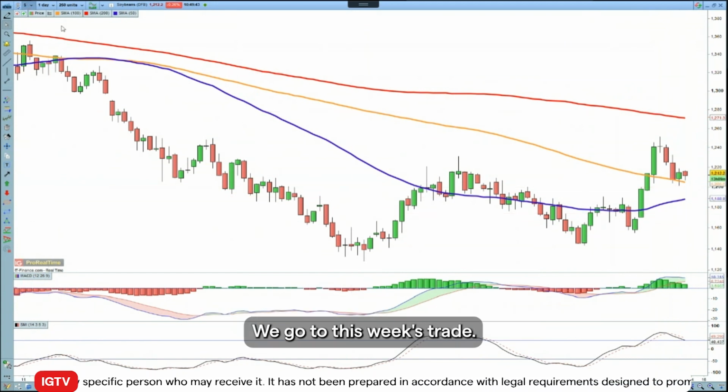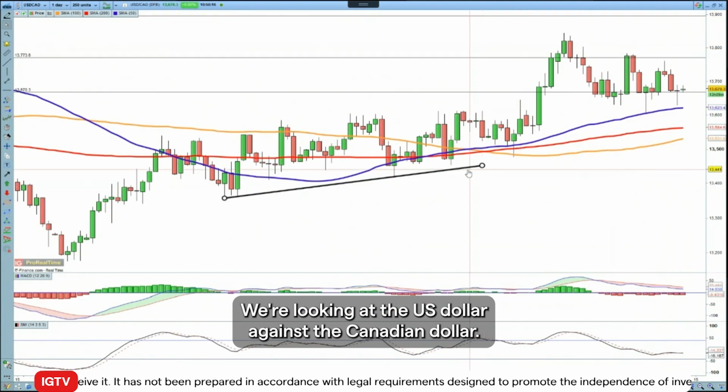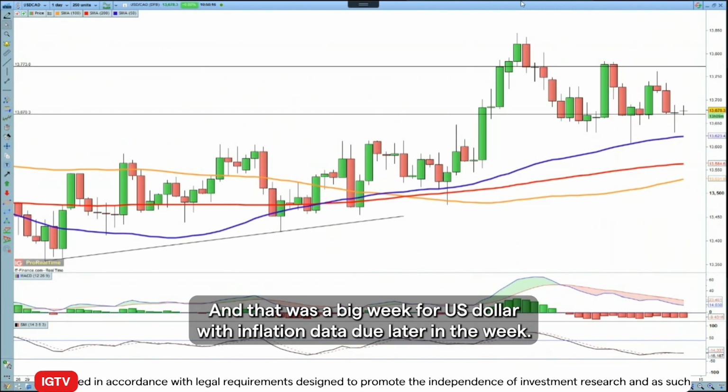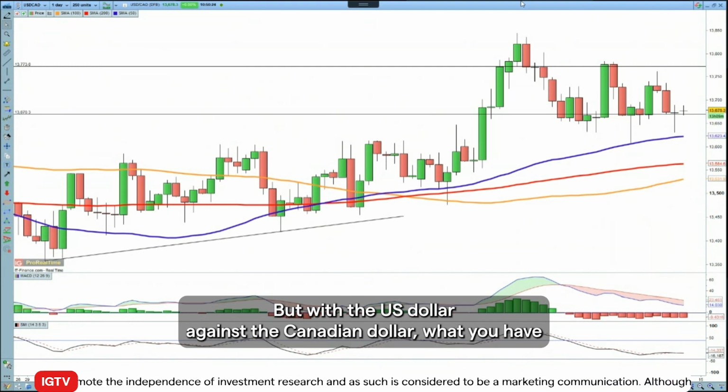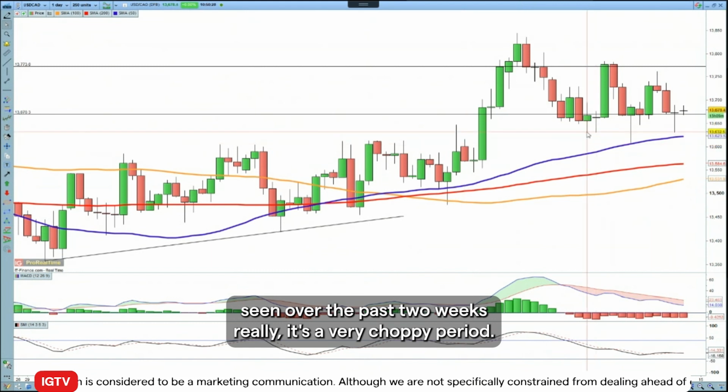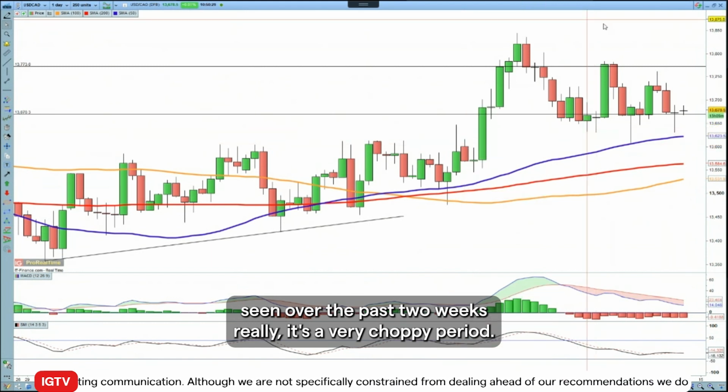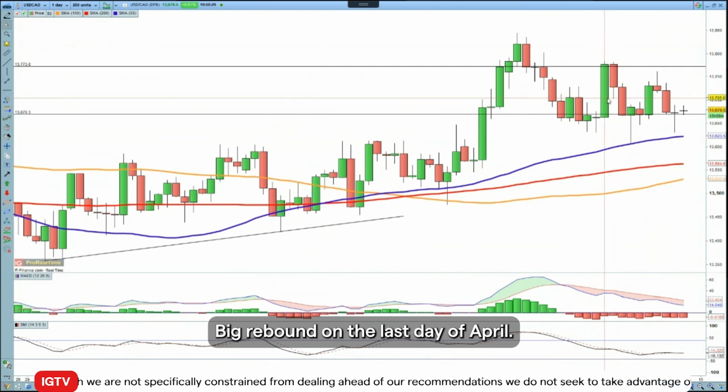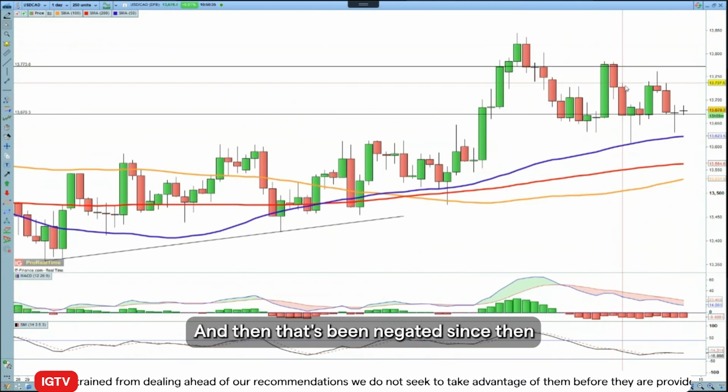We go to this week's trade. We're looking at the US dollar against the Canadian dollar. Now, it's of course a big week for the US dollar with inflation data due later in the week. But with the US dollar against the Canadian dollar, what you have seen over the past 2 weeks really is a very choppy period. Big rebound on the last day of April, and then that's been negated since then with